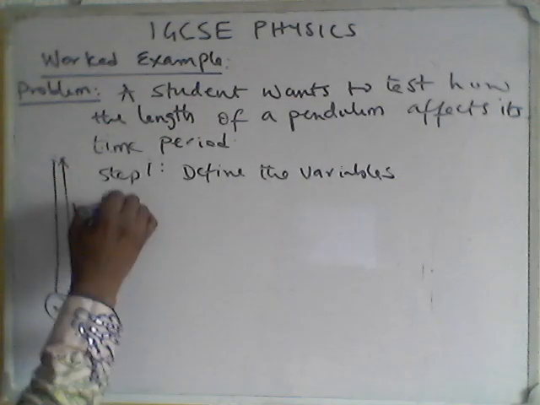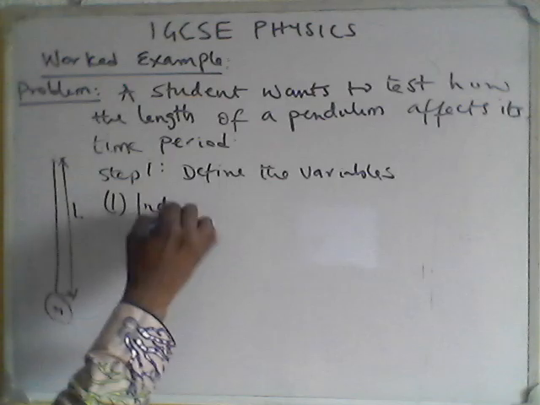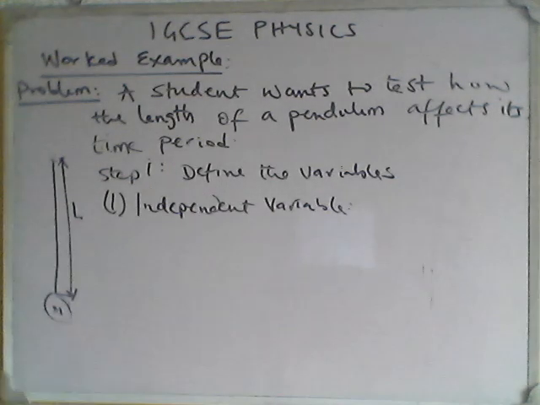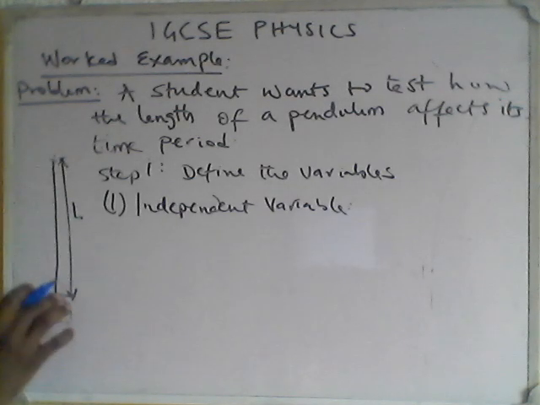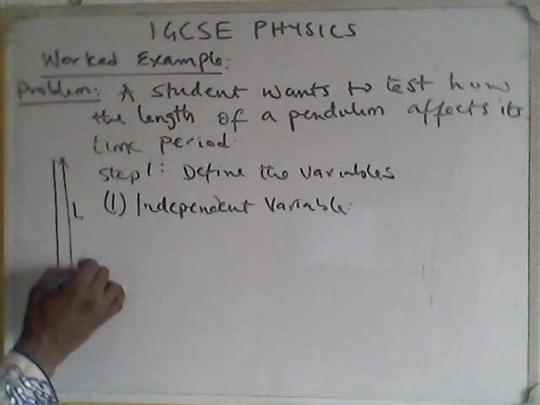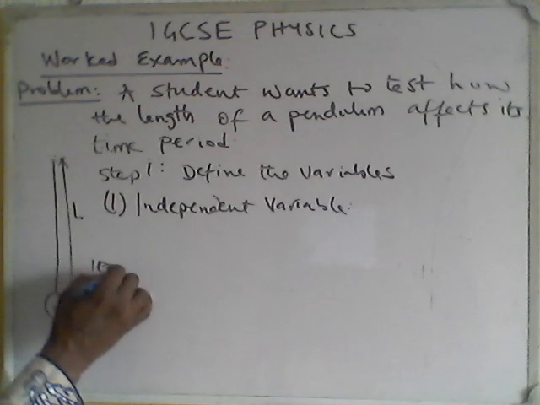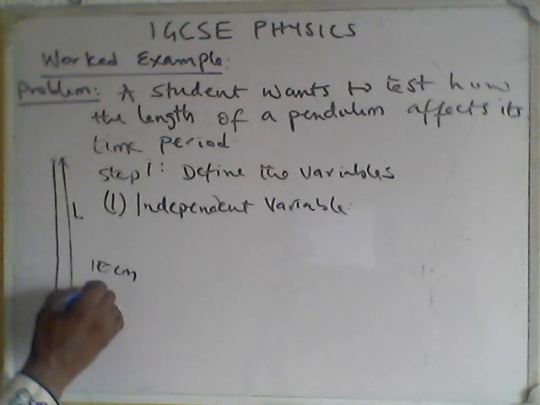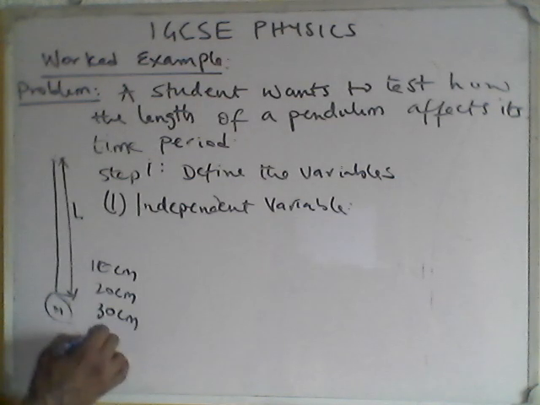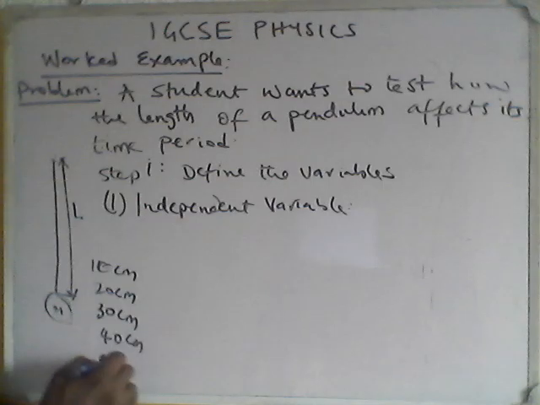So the independent variable in this case should be what? I want you to say it. The independent variable in this case should be the length of the bob. Why? Because the length of the bob is something that you give per instance. You are giving it, it's not dependent on anything, it's independent of itself. So if, for instance, I'm going to take 5 readings, at the first instance, my length should be 10 cm, just for instance. At the second instance, my length will be 20 cm, and the third instance, 30 cm. At the fourth reading, it is 40 cm, and at the fifth reading, it is 50 cm, and so on.